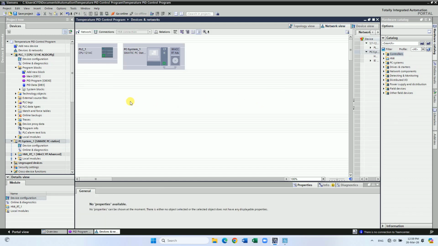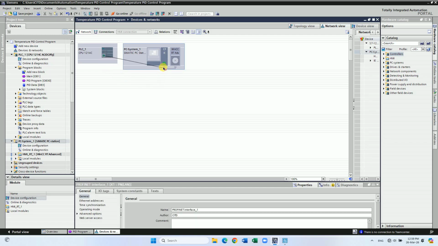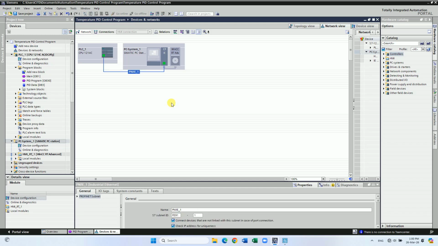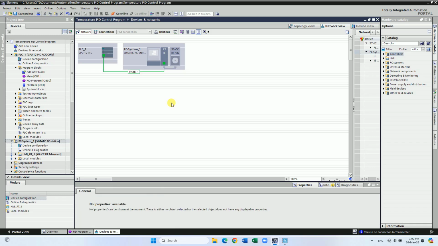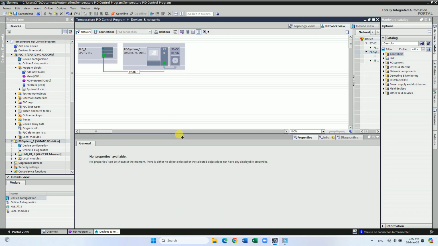Here you will find all the devices that have been added in this project. In this window, we have to establish a network connection between the PLC and SIMATIC PC station. Make a network connection between the S7-1200 PLC and SIMATIC PC station. Now a network connection has been established between the PLC and SIMATIC PC station, and these have been registered into